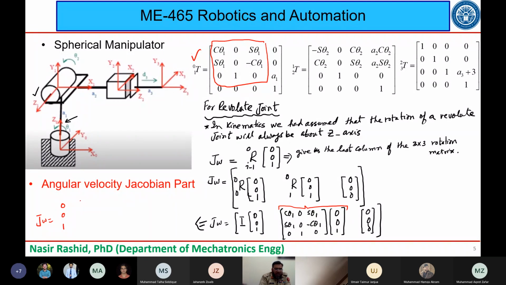So this will be written as sin theta 1, minus cos theta 1 and 0, and the last column is 0, 0, 0. So now this is the angular velocity Jacobian part